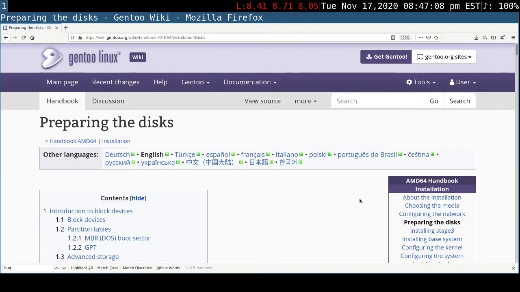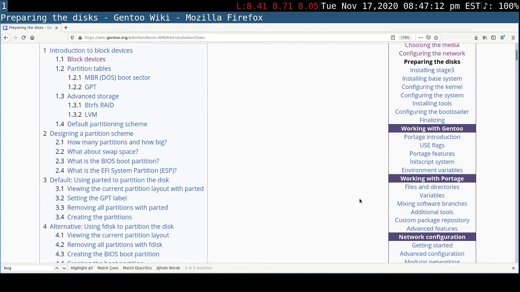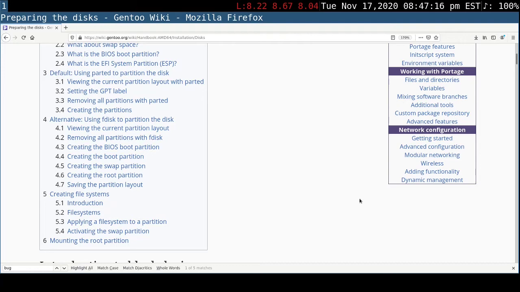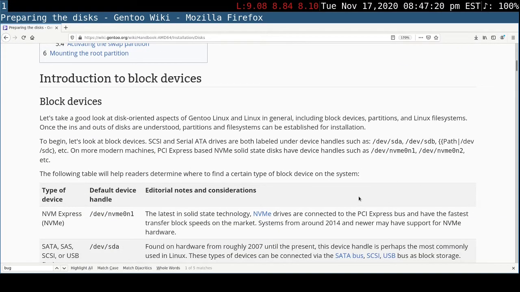Okay, I was hoping I wouldn't get this far today because I'm kind of dreading this chapter due to having to do it all on the command line. But we're going to do it. We are going to do it. So,